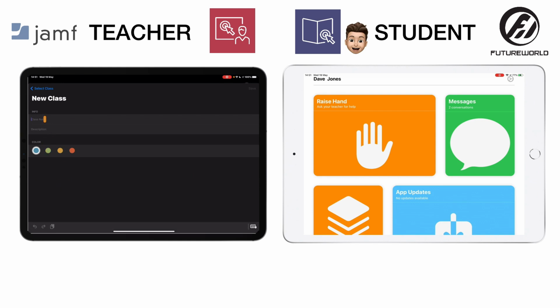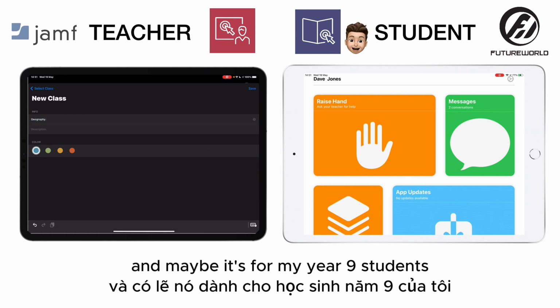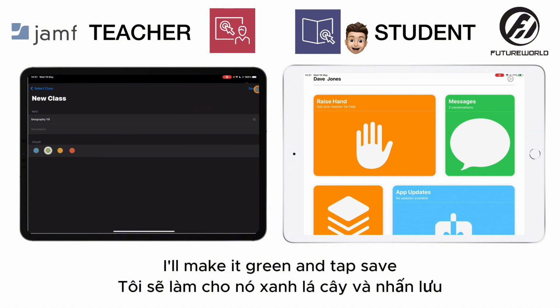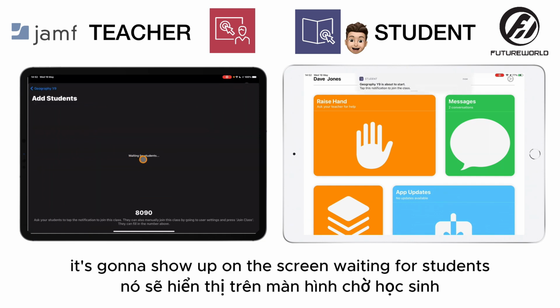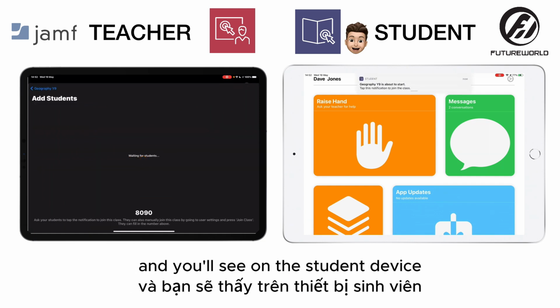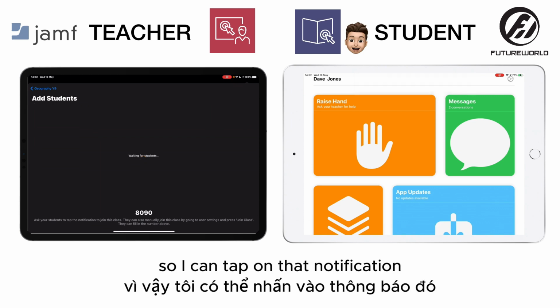So I'm just going to say this is going to be a geography class. And maybe it's for my year 9 students. I'll make it green and tap save. I can then add students. It's going to surf on the screen waiting for students, and you'll see on the student device it's giving me the notification to say this session is going to start. So I can tap on that notification,